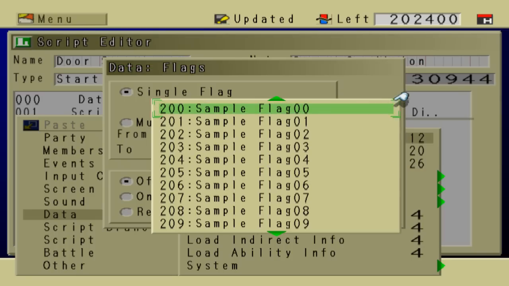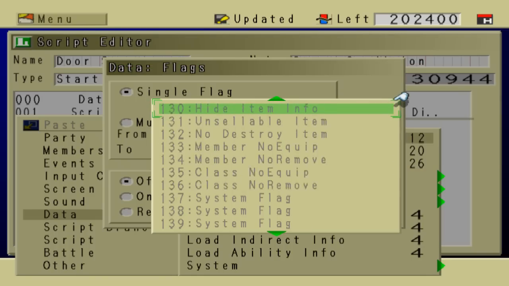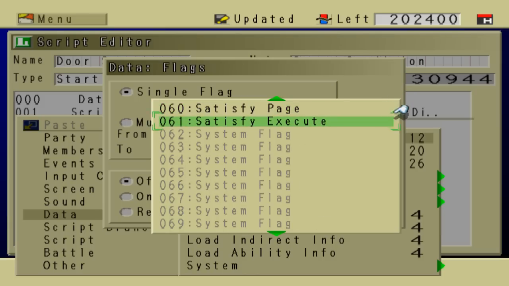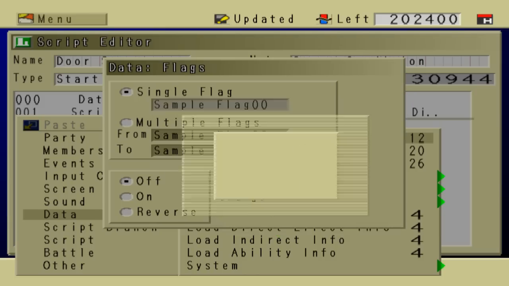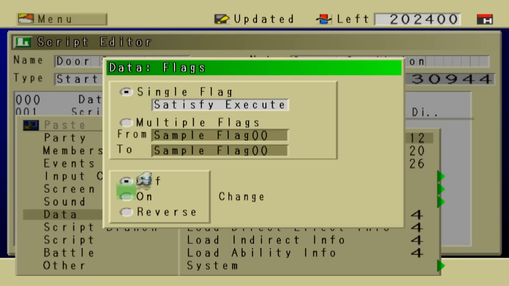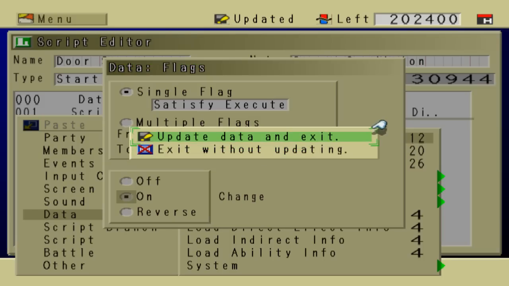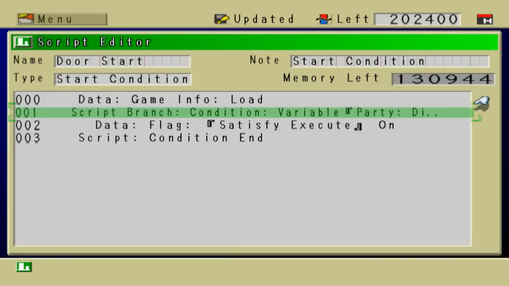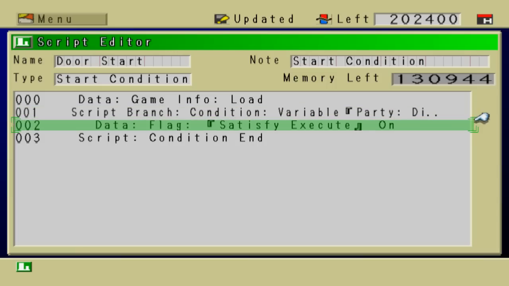Simple Flag. We're going to find a flag called satisfy execute. And we're going to turn this on and update that. So it loads the game information, and then it says, is the party facing north? If they are facing north, then turn this flag on, and satisfy execute is a flag that is turned on